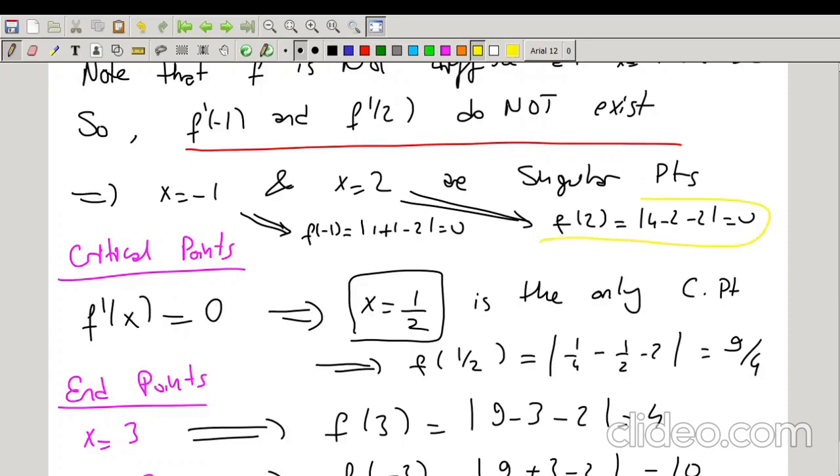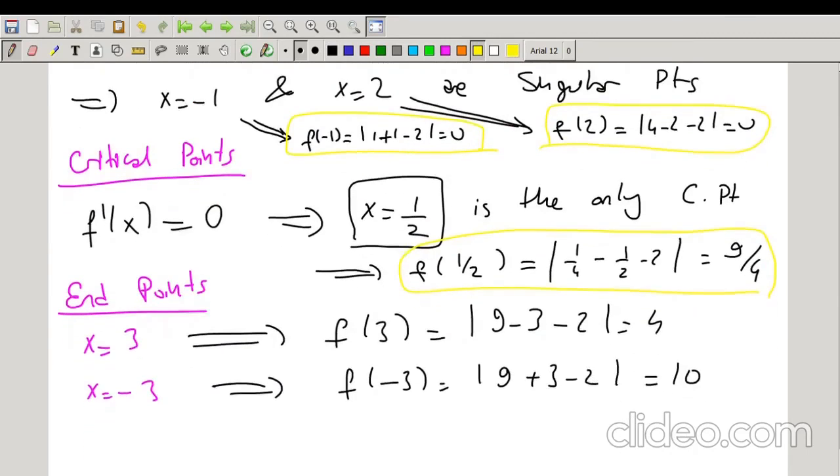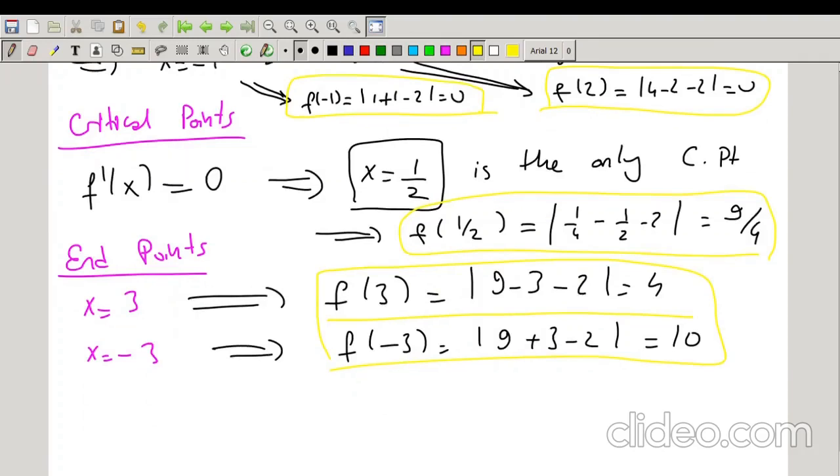So these are the singular points. This is my critical point value, and those 2 points are endpoints. Which is the maximum, which is the minimum? You can obviously check that. Absolute maximum value of f is, can you see it? 10. Okay, it's 10,